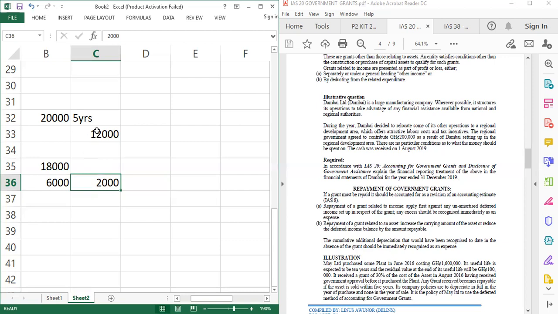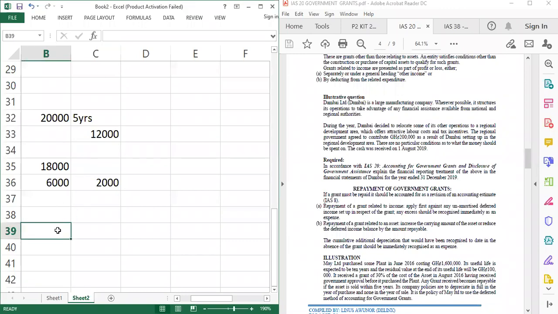So we have 12,000 of grants relating to that. This 12,000 does not exist, so we cancel it. If we cancel 12,000, we are left with 6,000, because we are paying 18,000. We have taken 8,000 to statement of profit or loss, but in actual sense, we should have taken 2,000. So let's reduce the 8,000 to 2,000. Then you take the remaining portion, which is 6,000, to statement of profit or loss. That is what we do about revenue grants. The information on revenue grants is not that difficult. The issue is the capital grants.